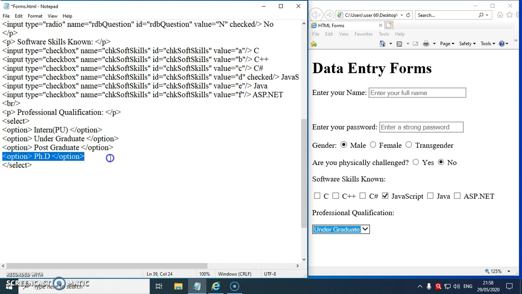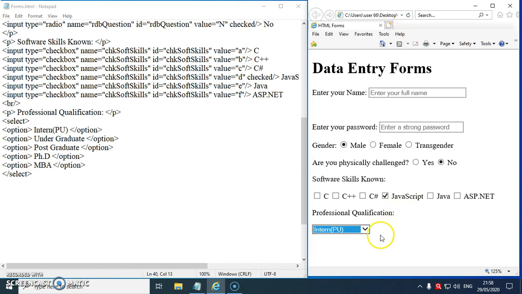Again I want one more, so I'll copy this, enter, paste and I'll write here, say somebody is doing MBA, so he may select MBA. I'll Control S and reload. Now, can you see? These are the default settings, and by default what is displayed? The first option is displayed, and when I click here, all the other options are displayed. I can select any one, right?